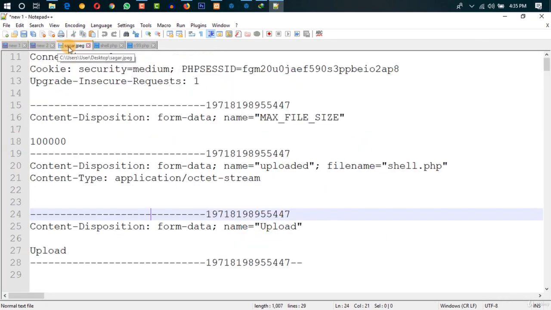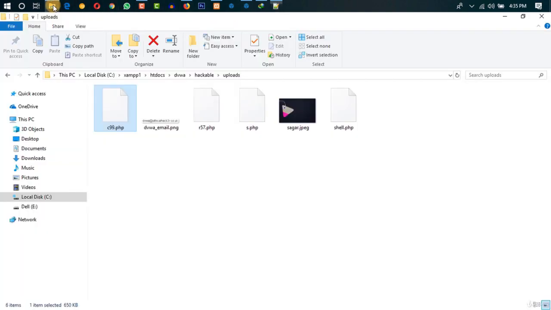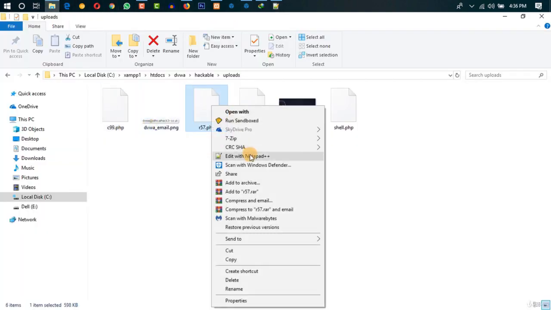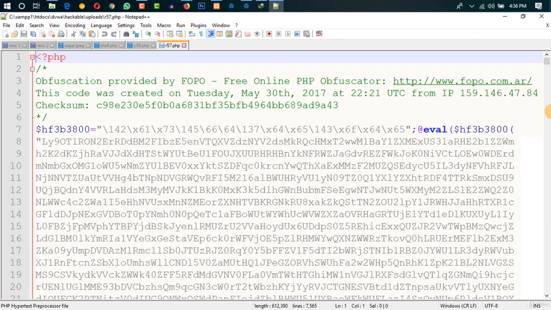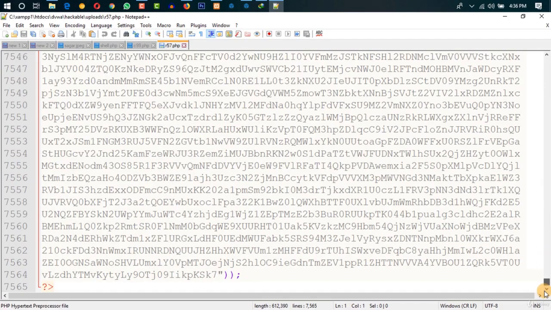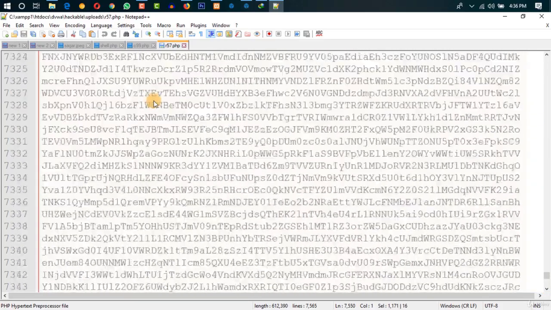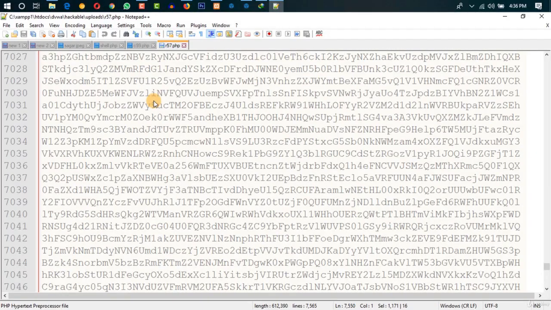There are some other shells, like the R57. Let me show you how big that is. R57 is also around a similar length. It is 7,665 lines of code, and they provide you all the features like executing commands, scoping files, uploading files, even a full system shutdown. So you can pretty much go ahead, download them, play with them,